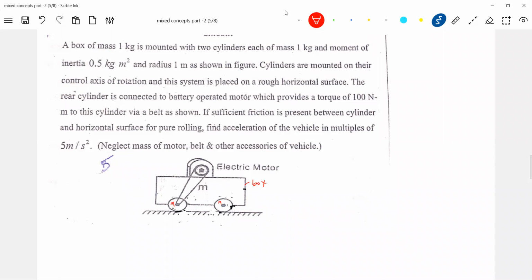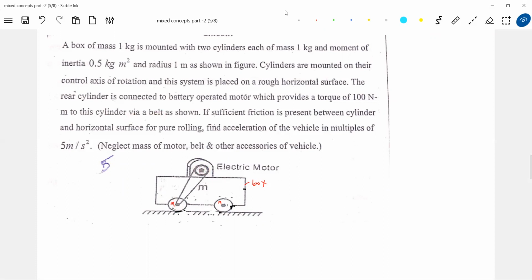Cylinders are mounted on their central rotation axis. The rear cylinder is connected to a battery-operated motor, which provides a torque of 100 Newton. What is the rear cylinder? The back. There's a front, and there's what is called the rear. It is connected to the battery